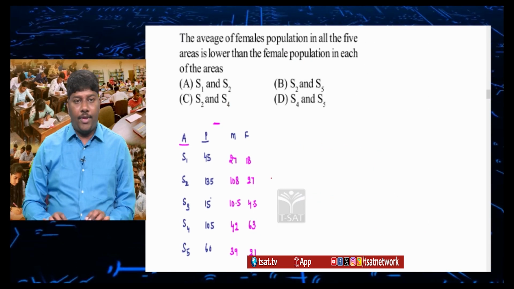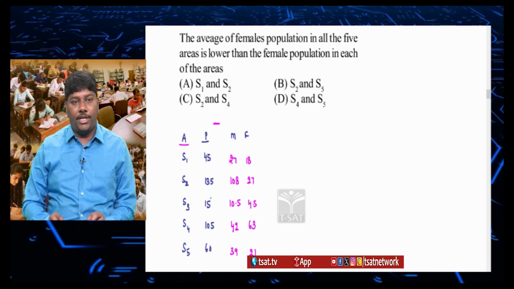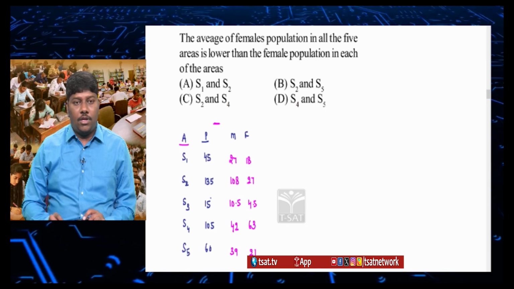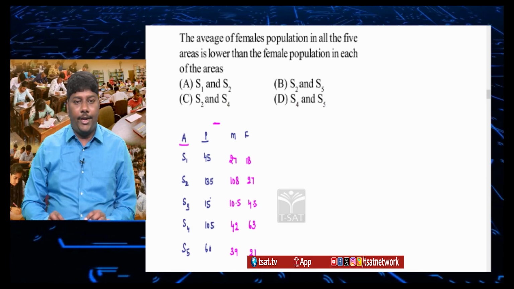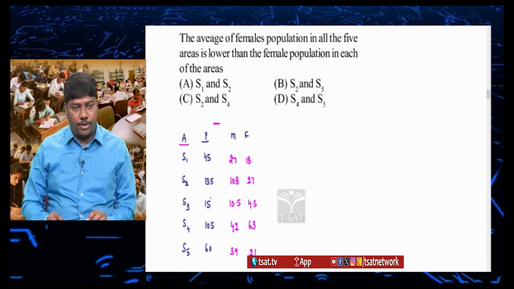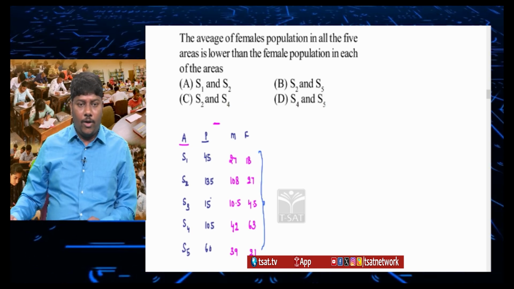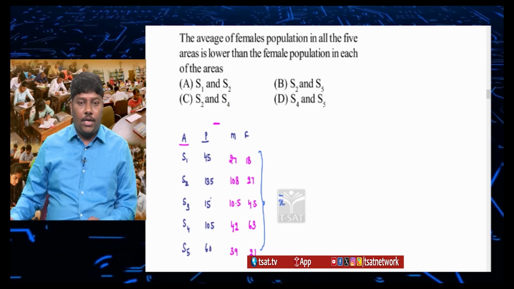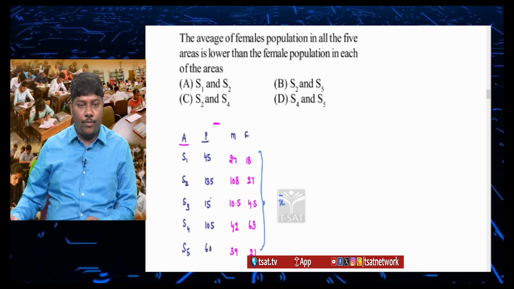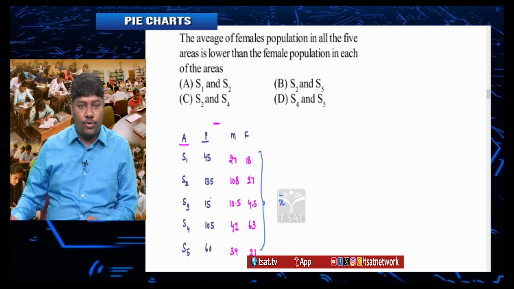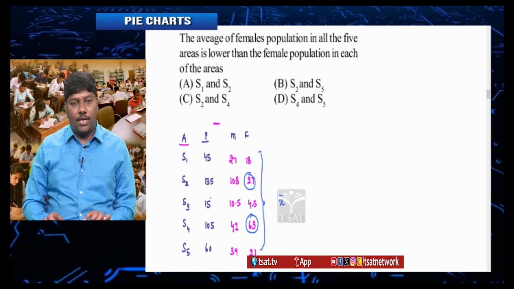Answer is D. The average female population in all the 5 areas is lower than the female population in each of the areas. Now look at the female population in terms of degrees. In terms of degree, if you look at 18, 27, 45, 63, 21 respectively in the areas S1 to S5. If I wish to find out the average of it, let it be X bar. If it has to be less than any 2 values, then definitely those 2 values must be what? This is actually 4.5. So those 2 values must be 27 and 63